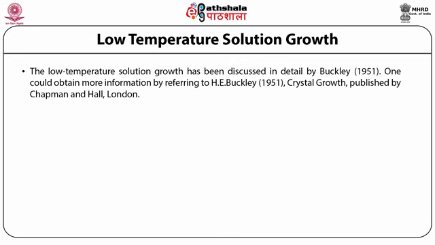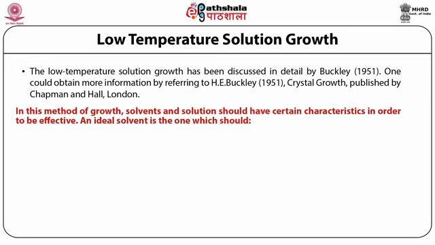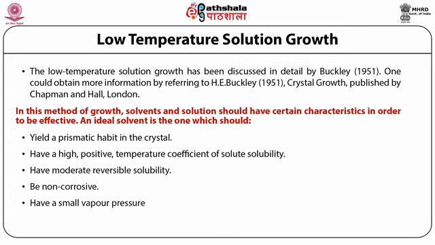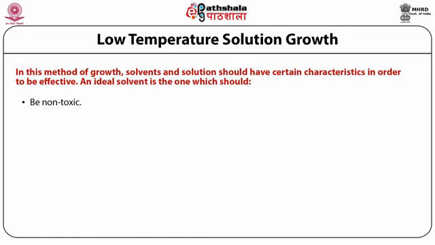Buckley, 1951, Crystal Growth, published by Chapman and Hall, London. In this method of growth, solvents and solution should have certain characteristics in order to be effective. An ideal solvent is the one which should yield a prismatic habit in the crystal, have a high positive temperature coefficient of solute solubility, have moderate reversible solubility, be non-corrosive, have a small vapor pressure, have low volatility, be non-toxic,